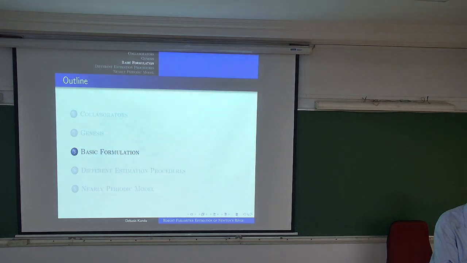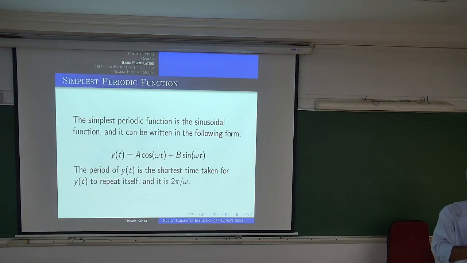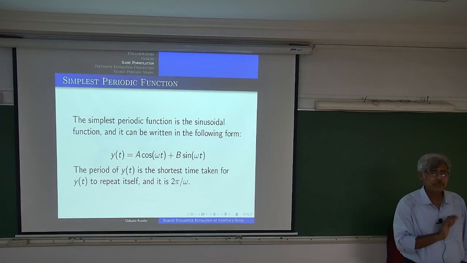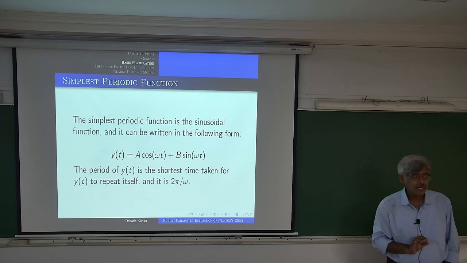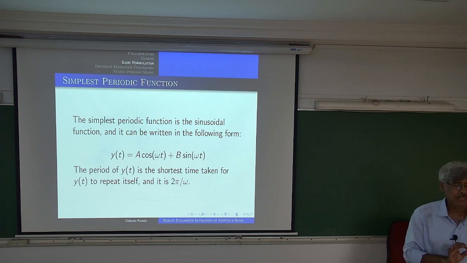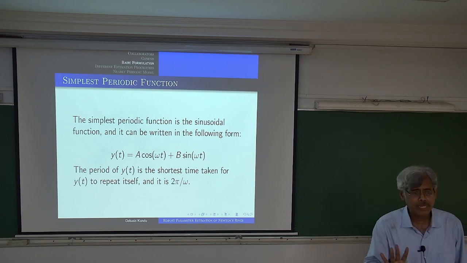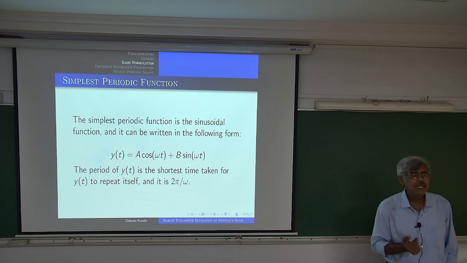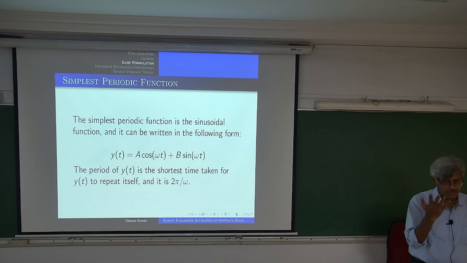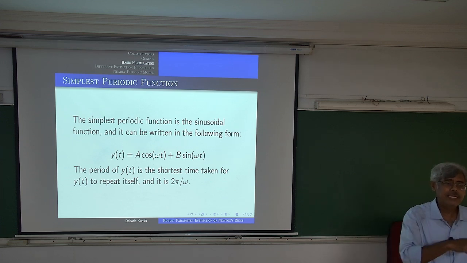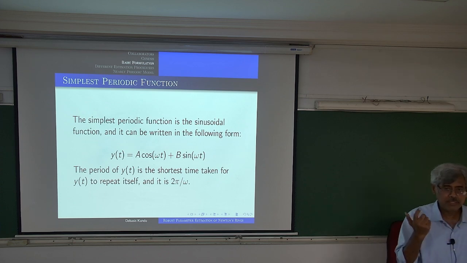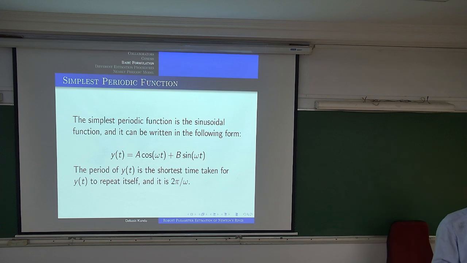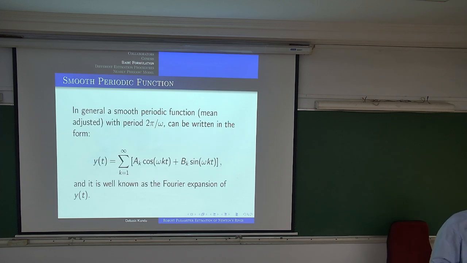Okay, so let's look at the basic formulation. It's very simple, and that's how we can start. We are looking at periodic data, so we are simply looking at the sine and cosine functions. That's the standard way. Any periodic function, sorry, I should not say any periodic function: a cosine omega t plus b sine omega t gives a nice periodic function. Going one step further, if you are trying to look at any periodic function, the natural thing is